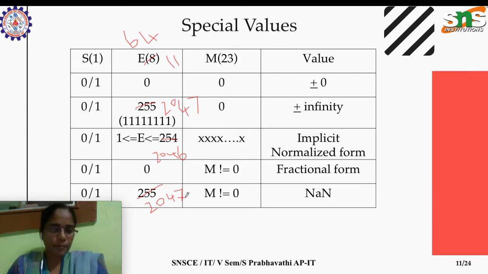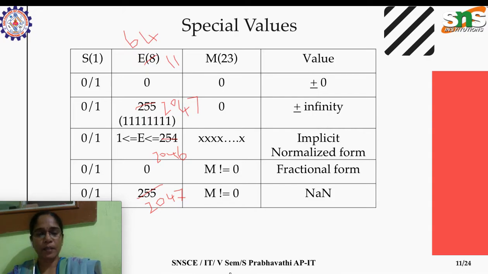When you appear for exams like NET or GATE in the future, this will be very helpful for you. So please write it down in a notebook, and the remaining is as it is. If the mantissa is 0 and the 11-bit exponent is 0, it's 0 again, and if all 11 bits are ones, that is 2047, then for 64-bit double precision representation it is infinity, and similarly the rest follows the same.